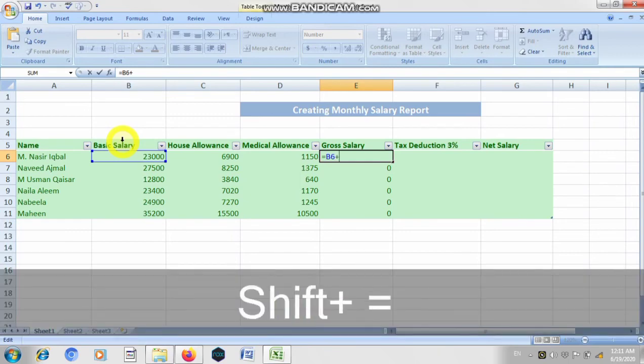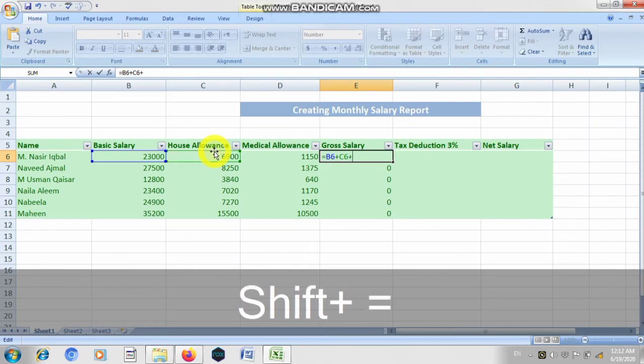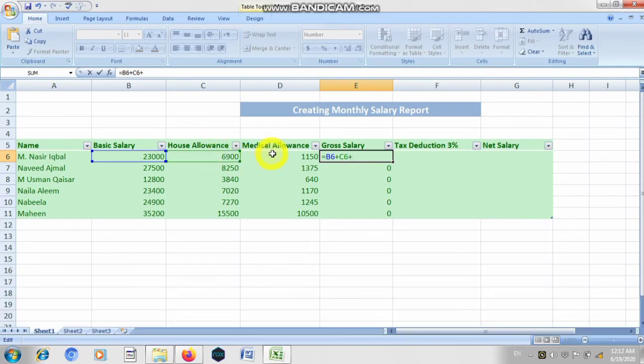Now next, with a sign of plus, house allowance: the cell address of 6,900 is C6. Next, with the sign of plus, the medical allowance of 1,150. The cell address of the medical allowance of Muhammad Nasir Iqbal is D. We always look at the column letter and then the row number.